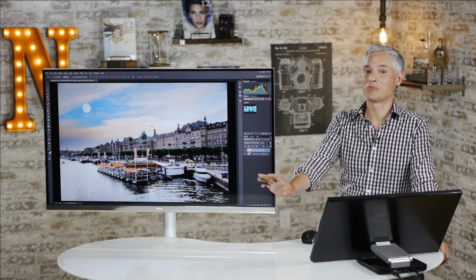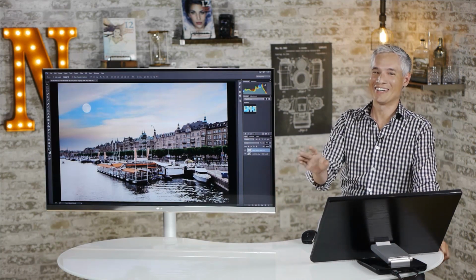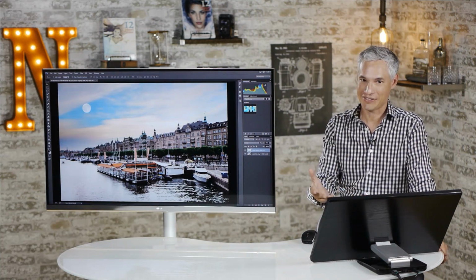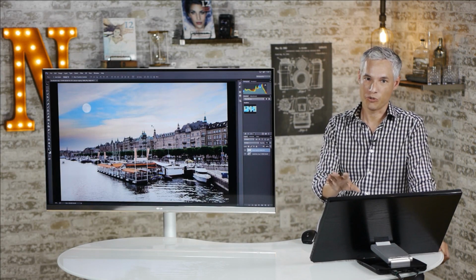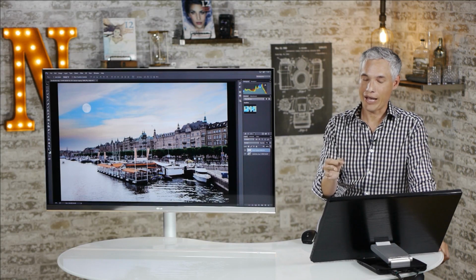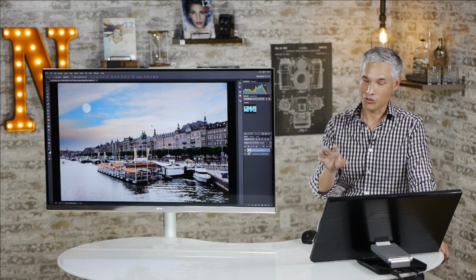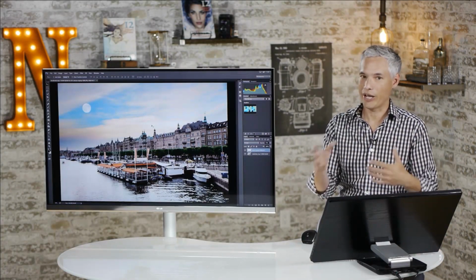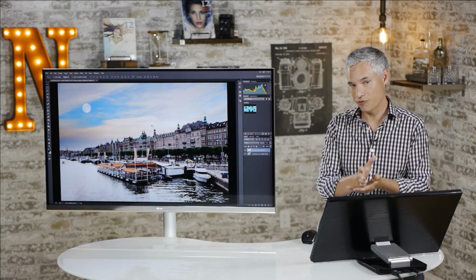So please don't take this as me telling you to Photoshop moons into every landscape. That would be silly. I just wanted to demonstrate the usefulness of using layers and masks to photographers. These are capabilities that just aren't built into Lightroom, but the power of Photoshop makes it very easy to do. And if I save this file, I can go back and edit it later, and those layers will still be intact along with all the masks. So if you decide you wanted to mask something slightly differently, you wouldn't have to go back and recreate everything. Layers and masks stay intact as long as you save the file as a TIFF or a